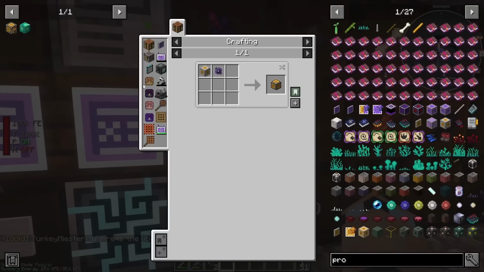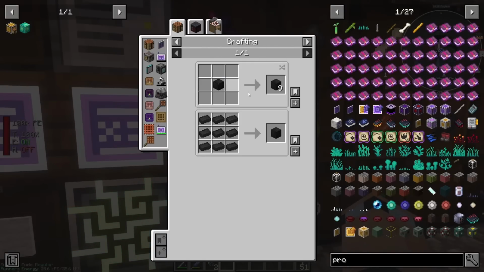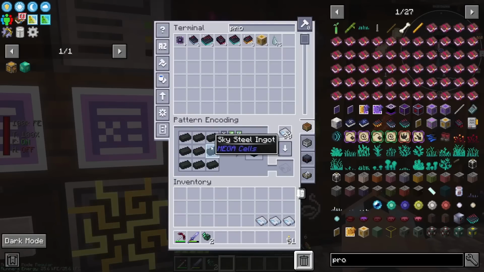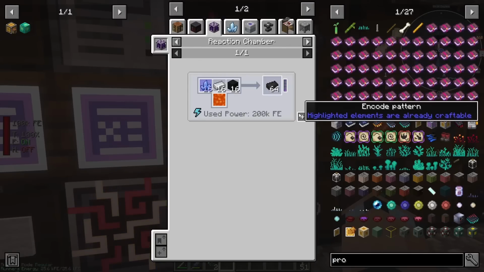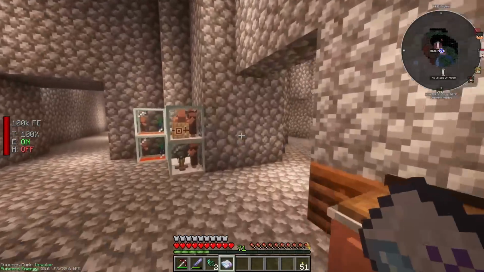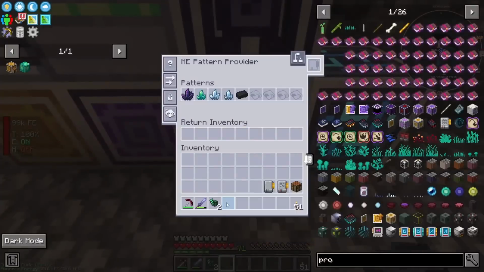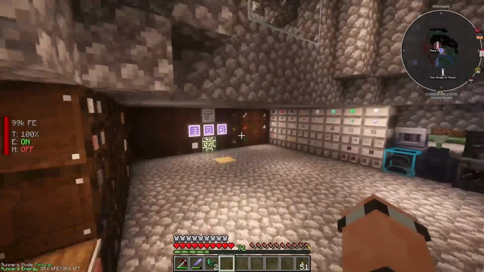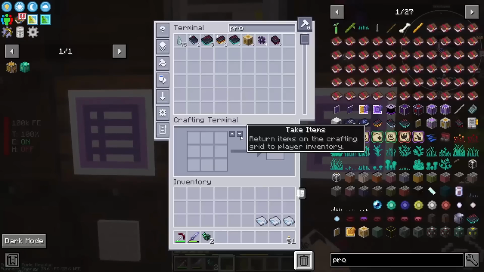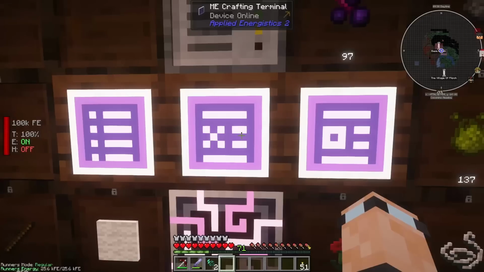Sky steel. So we click through here. You need the sky steel for this. It can be a block of sky steel, so we can do, not that, we can do this. I think I've got everything for that. We can pop that in here. And then that is going to use some lava, which is why I've been quite careful right there. So now, let's do